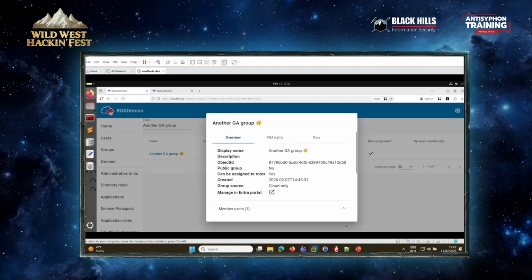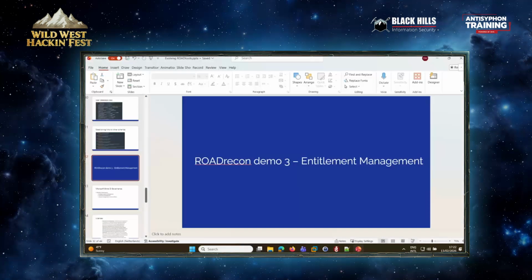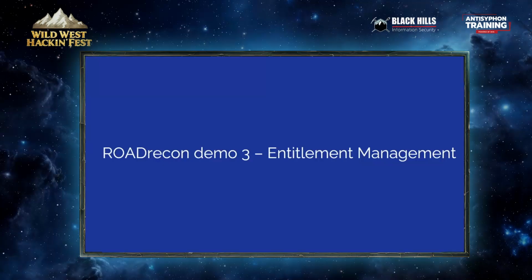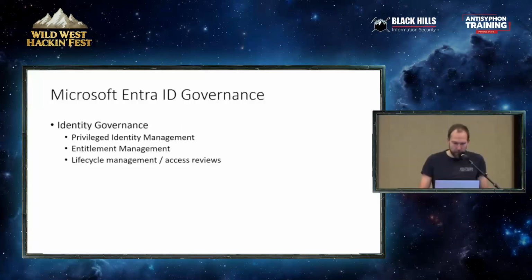So this is a different way for Bob to get global admin via access packages, which is part of this thing called entitlement management. This is part of the identity governance in Entra, which is kind of like, again, a separate product. Identity governance contains privileged identity management, so we were actually already talking about it a little bit. This is mostly relevant for larger companies. If you're a very small company, you probably don't need this, but if you want to automate your joiner, mover, leaver process, access reviews, that kind of stuff, that's where you get this.